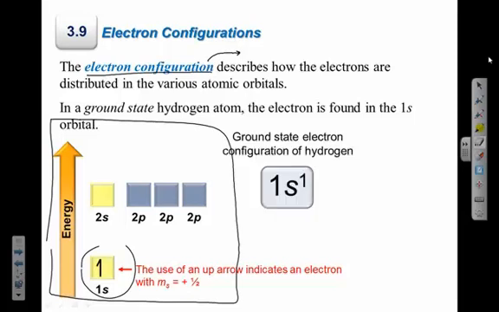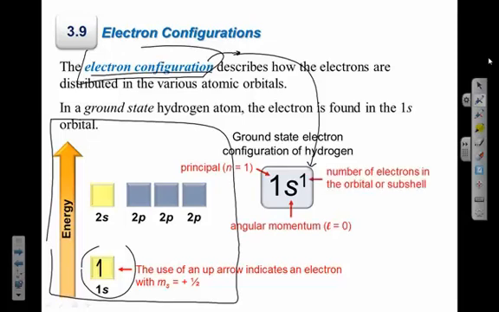As far as the electron configuration is concerned, it looks like this. So these two are showing the same thing. This just gives me more information. It indicates the spin I'm dealing with in the orbital diagram. In the electron configuration, it's just saying I have one electron in the 1s orbital. It just tells me how many electrons, that's the superscript, and what subshell those electrons are in. So as I go to put more electrons in,